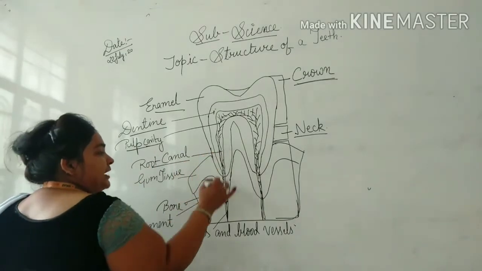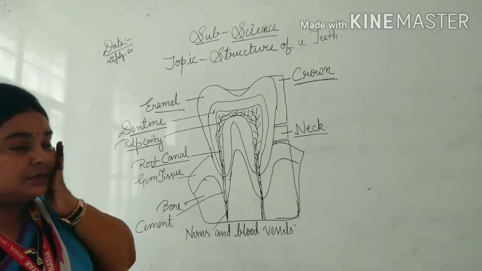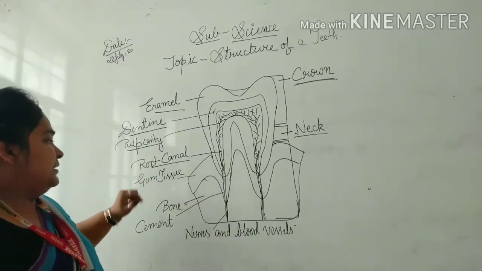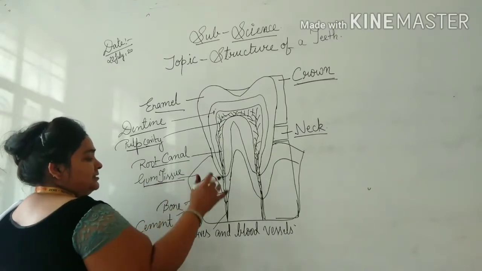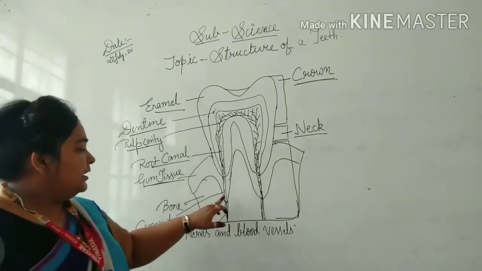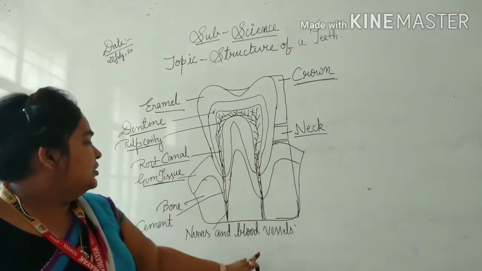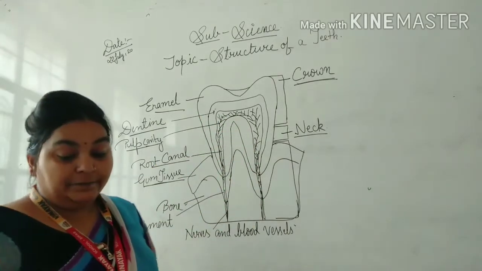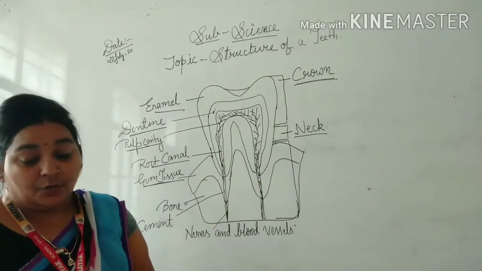This is the root canals. We used to say that teeth are just embedded in the roots of the mouth. These are the gum tissue where the teeth are stuck. These are the bones. This is the cement, and these are the nerve cells which are present in this root canal. Okay. Now let's come to your book and study what they do.